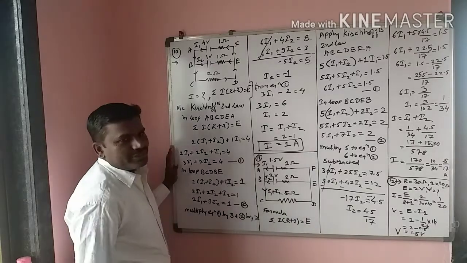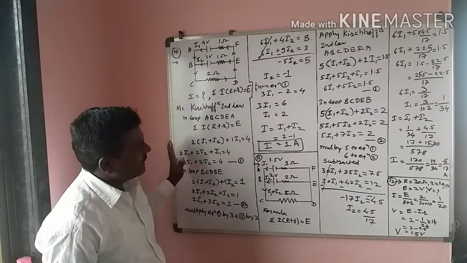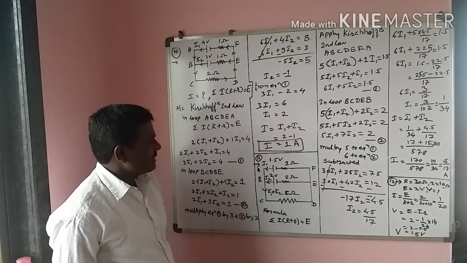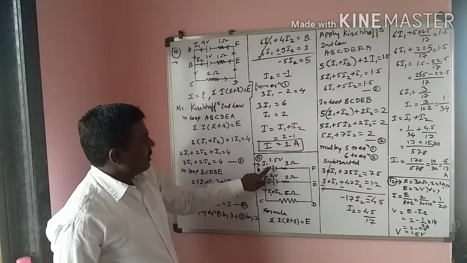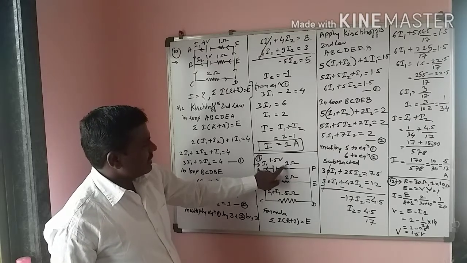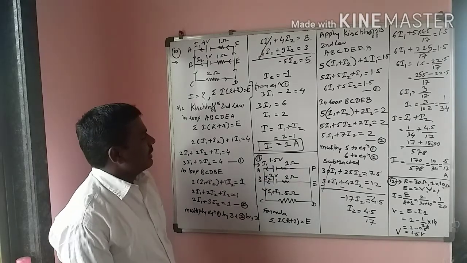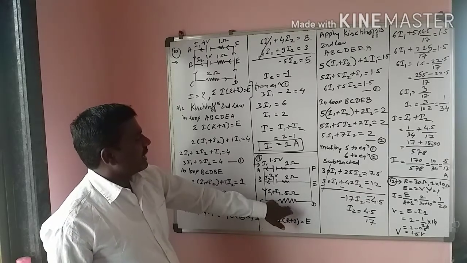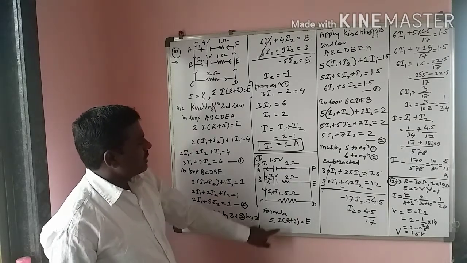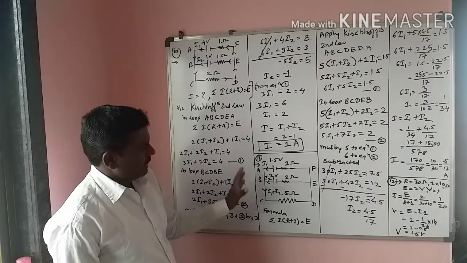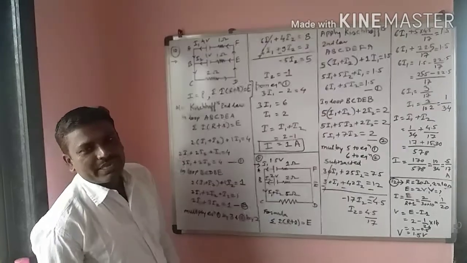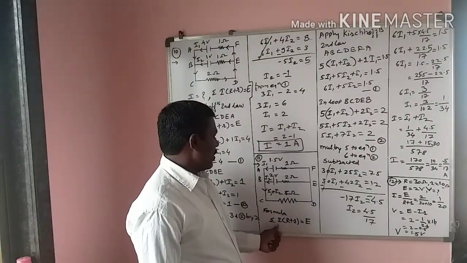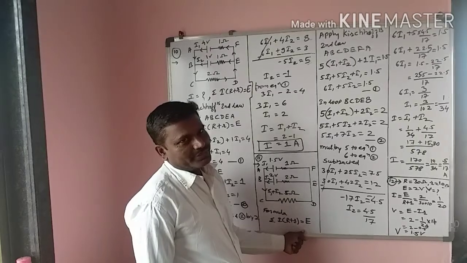In the same way, the next problem, number 11, also has two EMFs, parallel to each other, with EMF 1.5 volt and 2 volt, and internal resistance 1 ohm and 2 ohm, and external resistance 5 ohm. Then find out the total current through the external resistance. In that problem also we use Kirchhoff's second law, that is summation of I R plus r is equal to E.